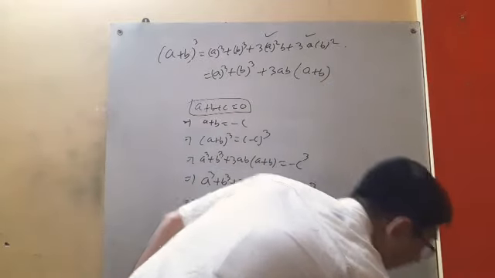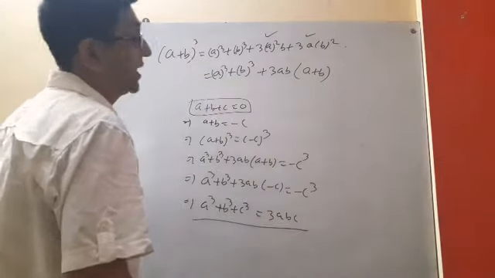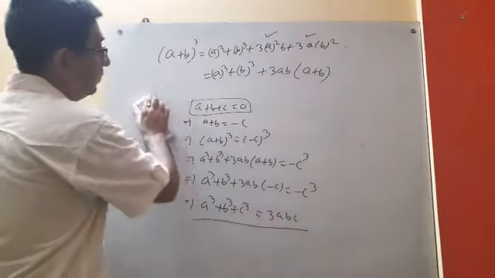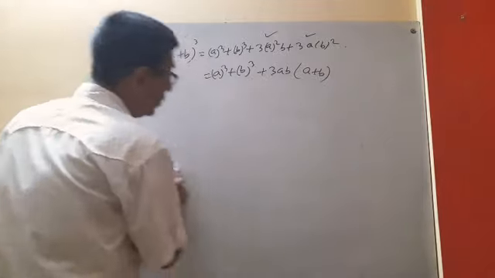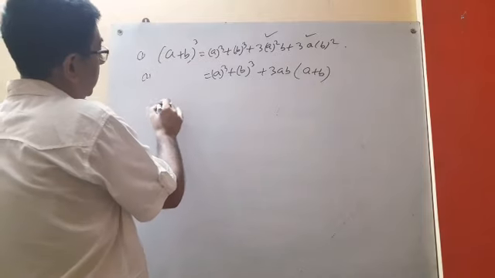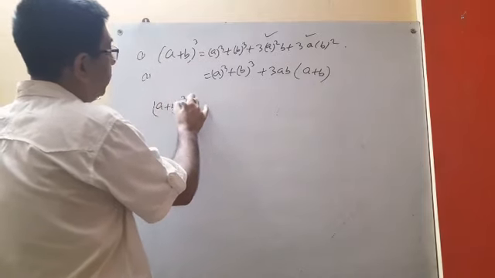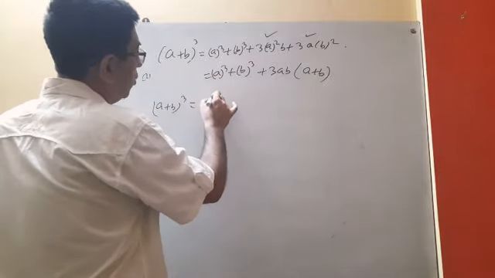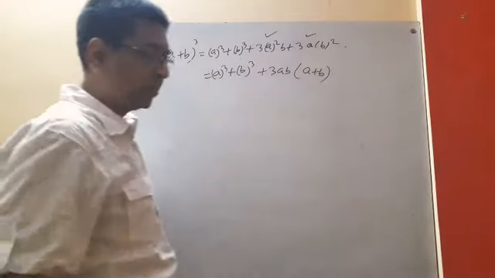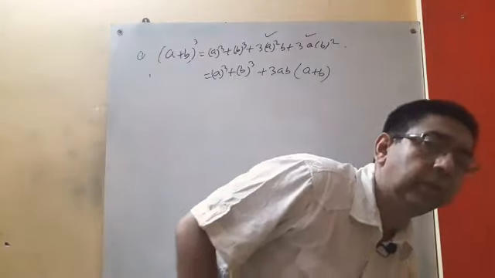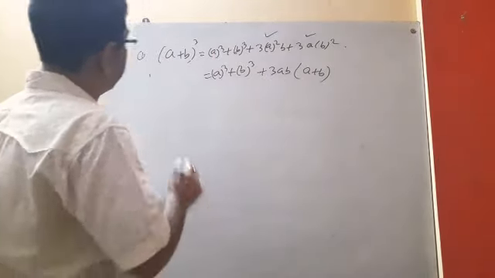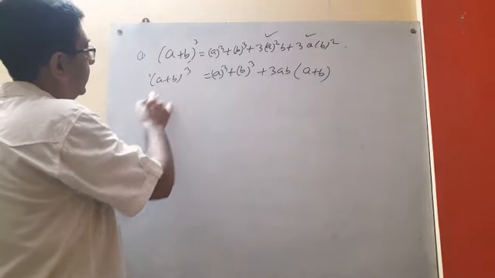From these also we can get another formula that is used in the factorization method. I will show from this only because it will help you. This is formula 1, this is formula 2. Now a plus b whole cube can be written as, this is a cube. If I ask what is the formula of a cube plus b cube, like a square plus b square we have done in the other video, from this you can find the value of a cube plus b cube, just by shifting it.